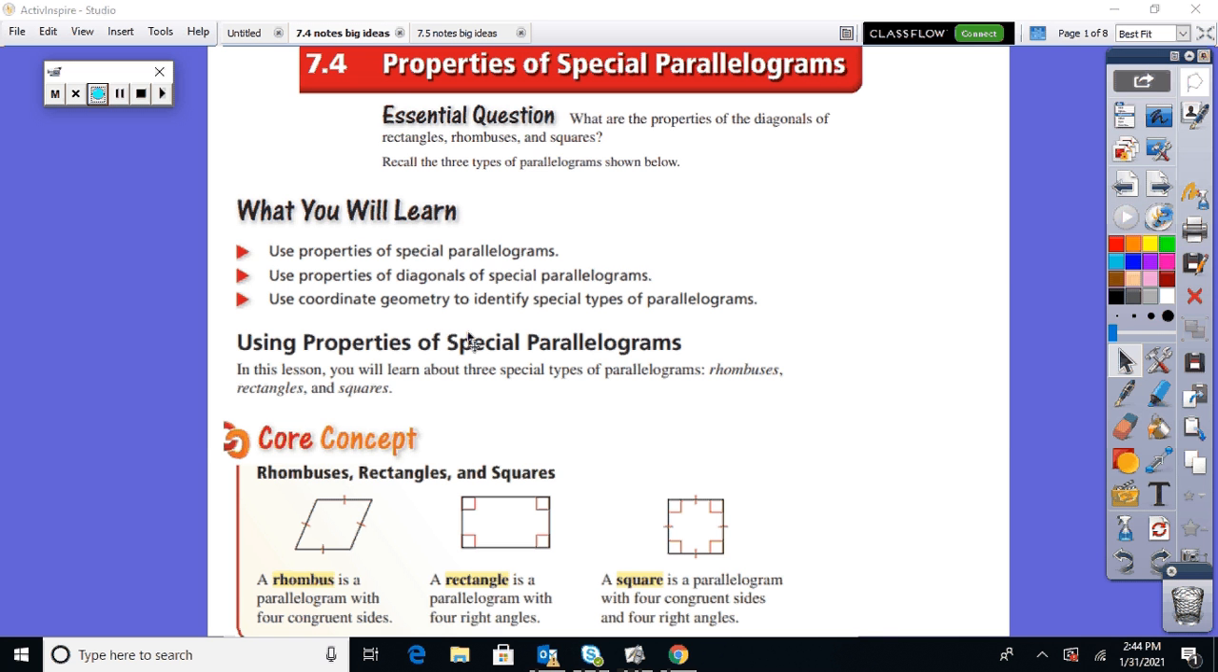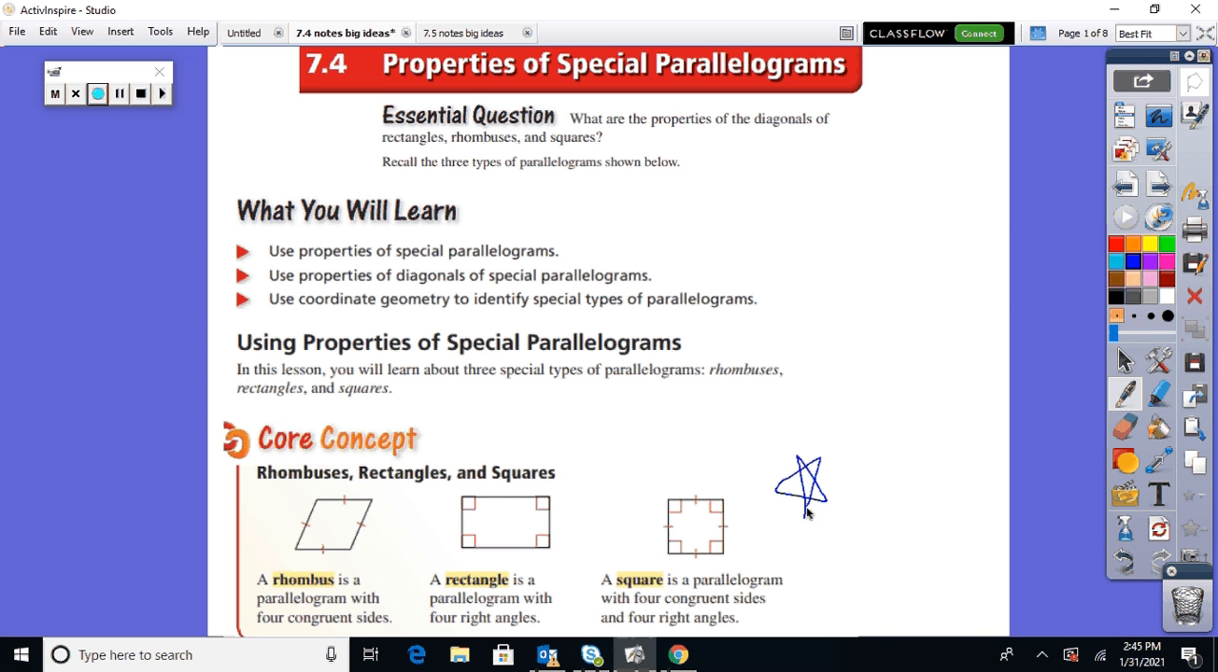So the last two sections we've been focusing on the properties of parallelograms, like opposite sides congruent, opposite angles congruent, diagonals bisecting each other, etc. And today we learned that there are three shapes that you guys are familiar with that fall under the parallelogram category. So important to note that these three shapes that we're talking about here, and we've got rhombus, rectangle, square,